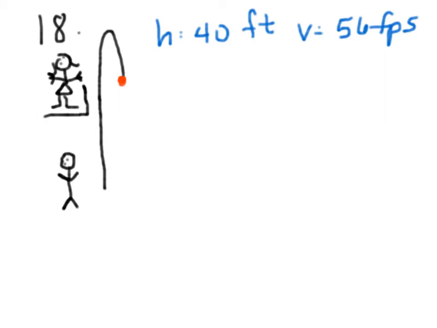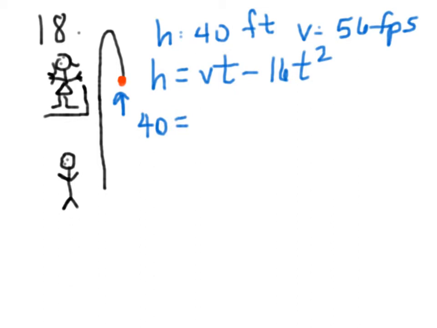For this example, we have Luis throwing an apple up to Kim. She misses it when he throws it. It goes to its maximum height and drops back down, and she catches it right here. And she catches it at a height of 40 feet, which is where she's standing. So we're wanting to know the time. How long did it take? Since this is in feet, we're going to use h is equal to v times t minus 16 t squared. And we're going to substitute the information that we have. So we're going to put 40 in for h, 56 in for v,